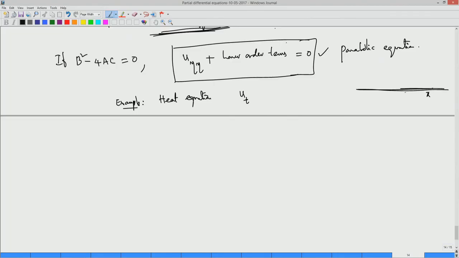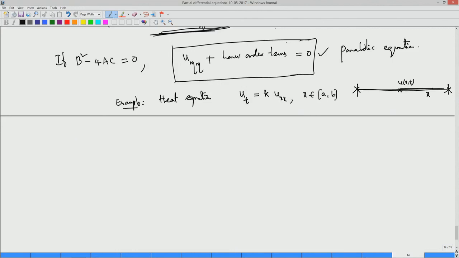So, what is the temperature distribution? It satisfies this equation: u_t, the time derivative of the temperature distribution u(x,t), the temperature at every point at every time t. So, this is u_t equal to some constant kappa, the specific heat constant, times u_xx. Because I chose an infinite rod, x is over all of R. If you take only a finite rod, then you have to take A to B, and these are the boundary points, and